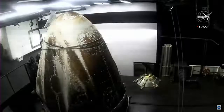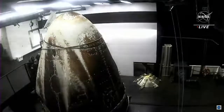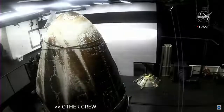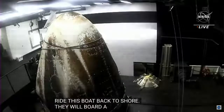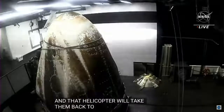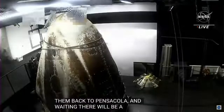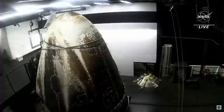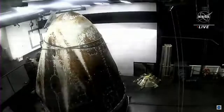Now the crew members will not ride this boat all the way back to shore. They will board a helicopter, and that helicopter will take them back to Pensacola. Waiting there will be a NASA plane to bring them back to Houston. It's quite surreal that about 7 hours ago, this capsule was traveling at over...